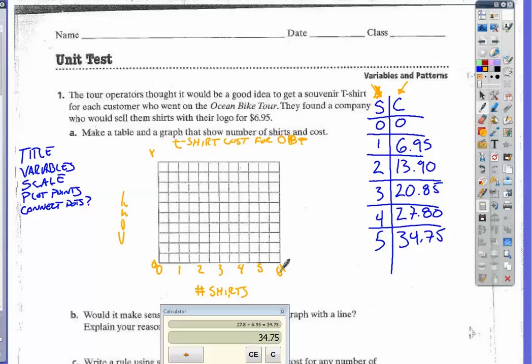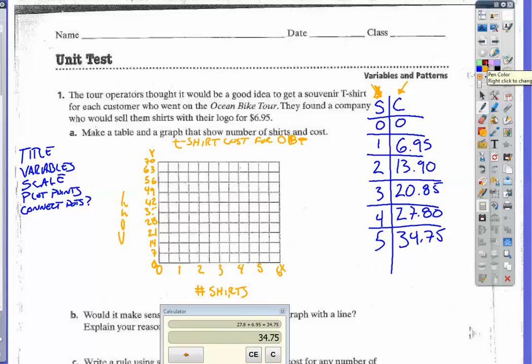Same has to be true for the scale of the y-axis. So it's probably going to make sense to count by 7s, because the shirt is almost $7. So we're going to go 7. That would make this 14, because each line has to be worth the same. 21, 28, 35, 42, 49, 56, 63, and finally $70. So then we have our scale, we have our title, we have our variables, and so now it's time